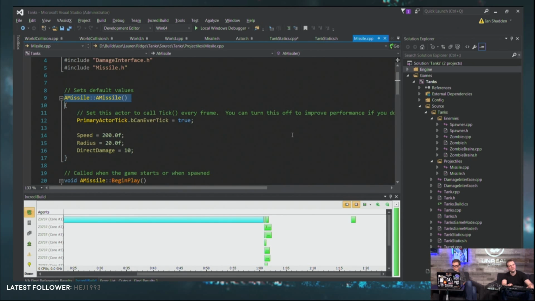Now, normally in C++, you'd say a missile, my missile, equals new missile, and that'd be fine. And then it would run this constructor right here on the new object that you just created. Now in Unreal, we don't do it this way.